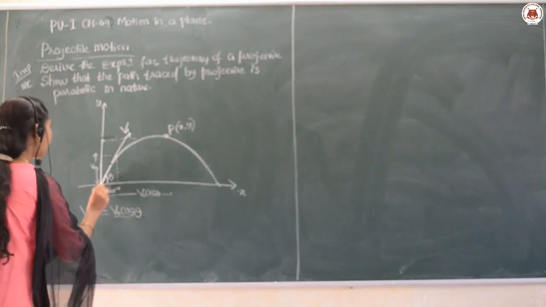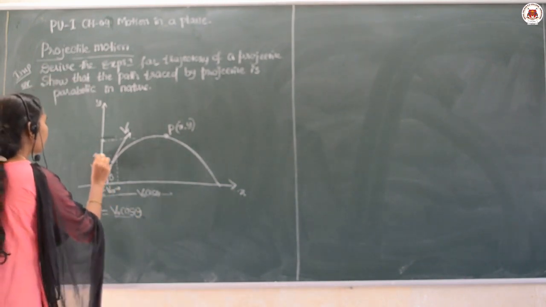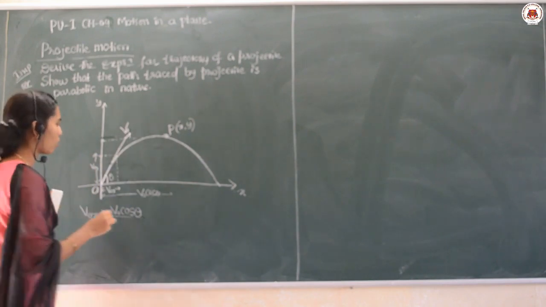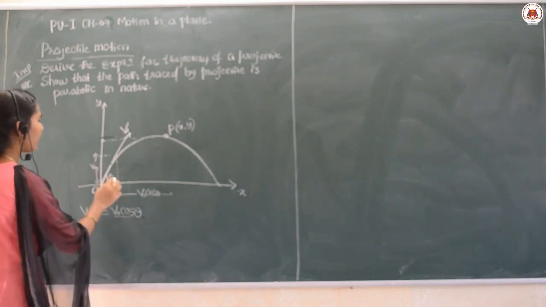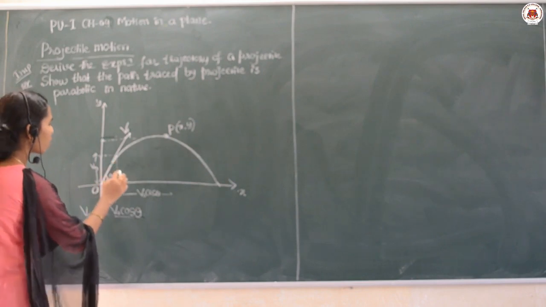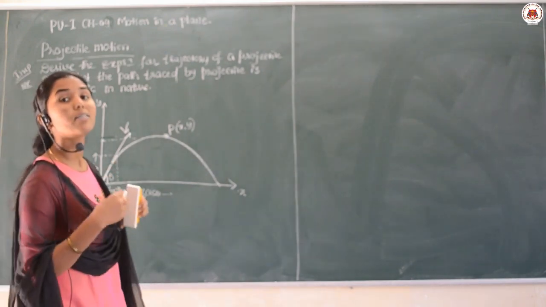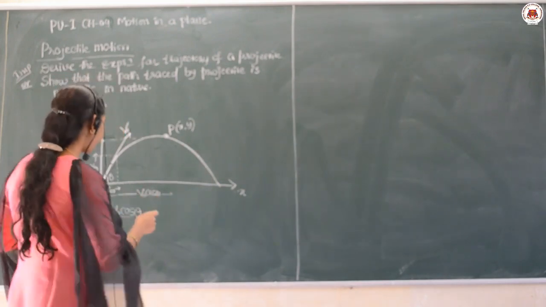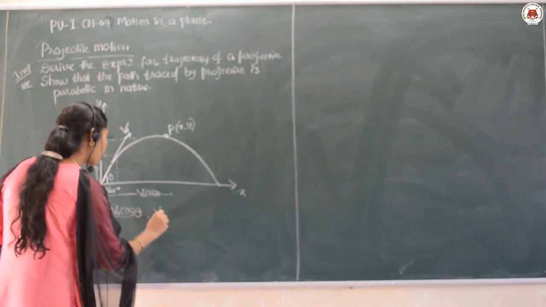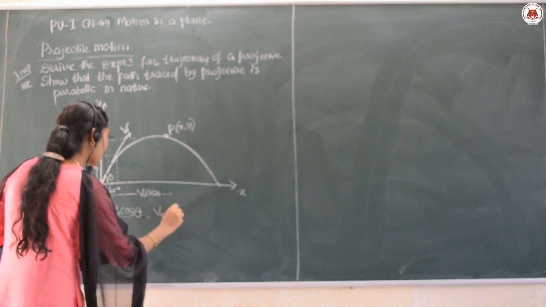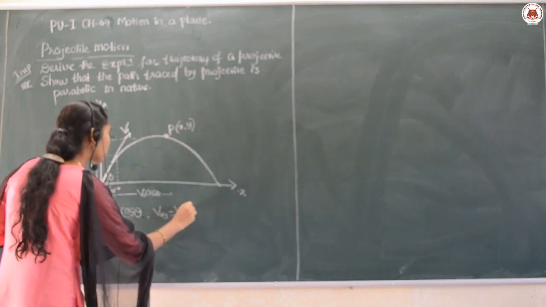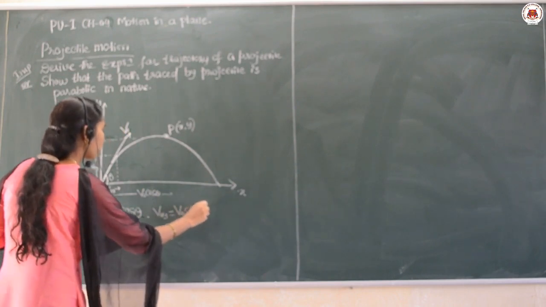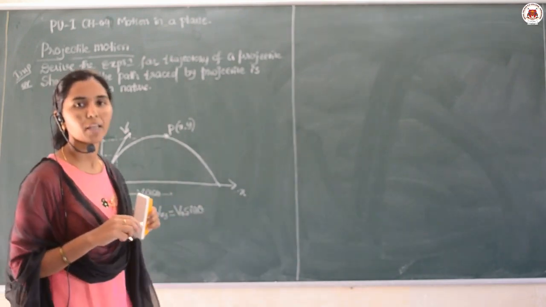And if you consider the vertical velocity, the vertical component is here, theta, and the opposite side of theta, which side will it be? So the opposite side defines the sine. Therefore, v0y is taken as v0 sin theta. v0 sin theta. Am I clear?